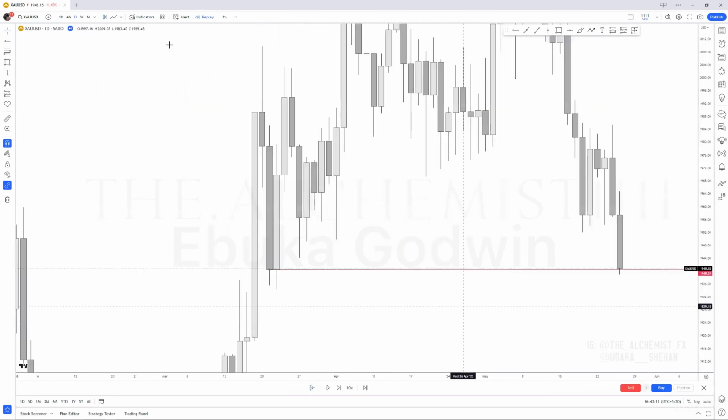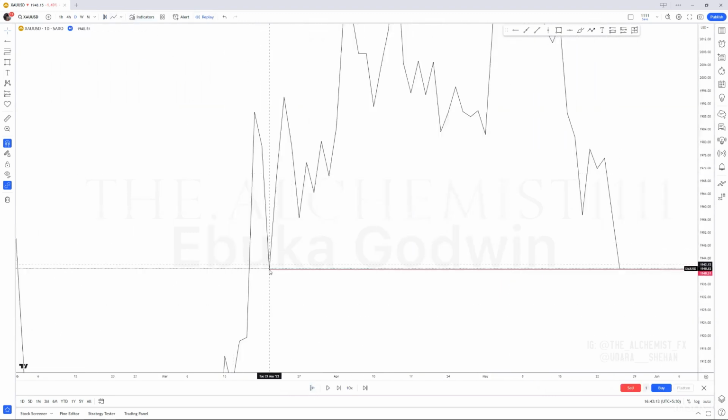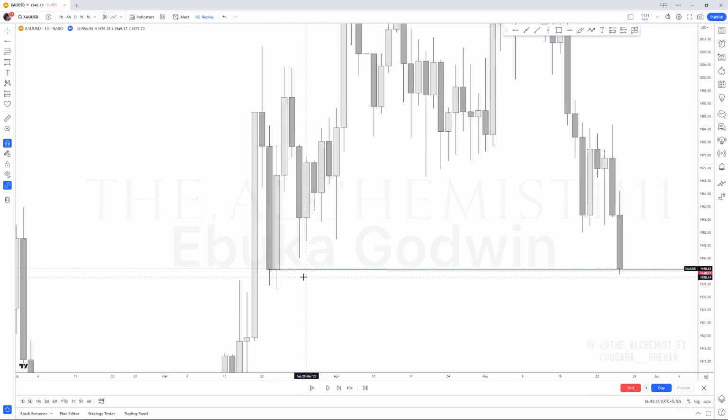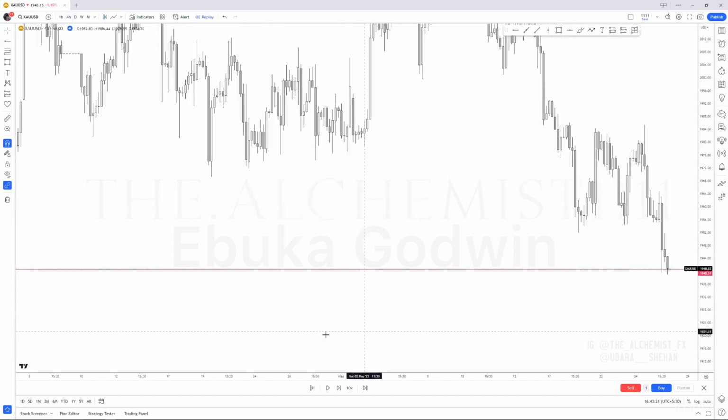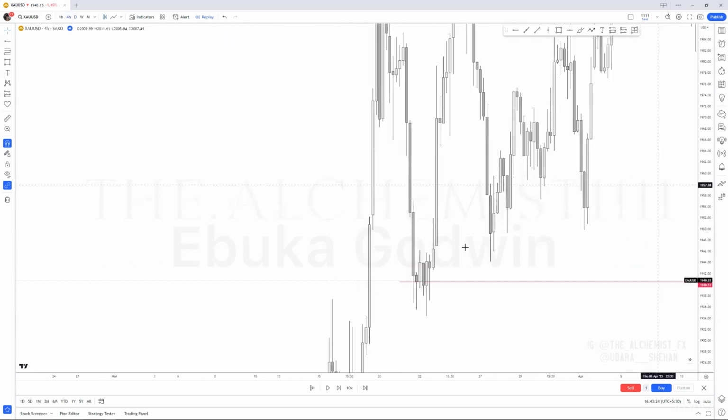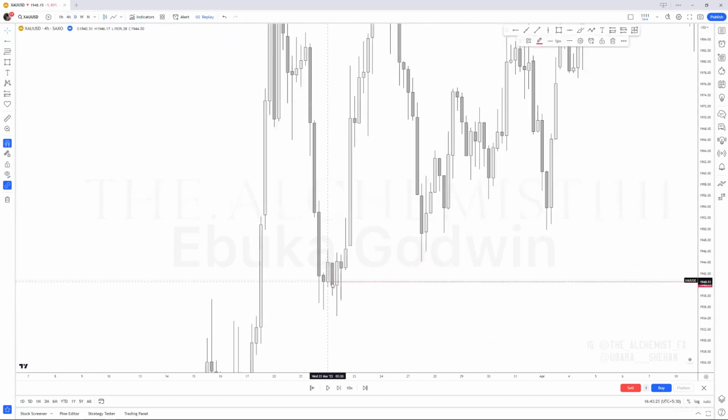What is this? This is a daily support, right? This right here is a daily support. So what can we do? Go into the lower time frames and do some refinements if you do not want to take direct entries from this zone. If you go to H4, we did have a support in here, right here. You can refine it into that. But if you go to H1, there's something way more clear.